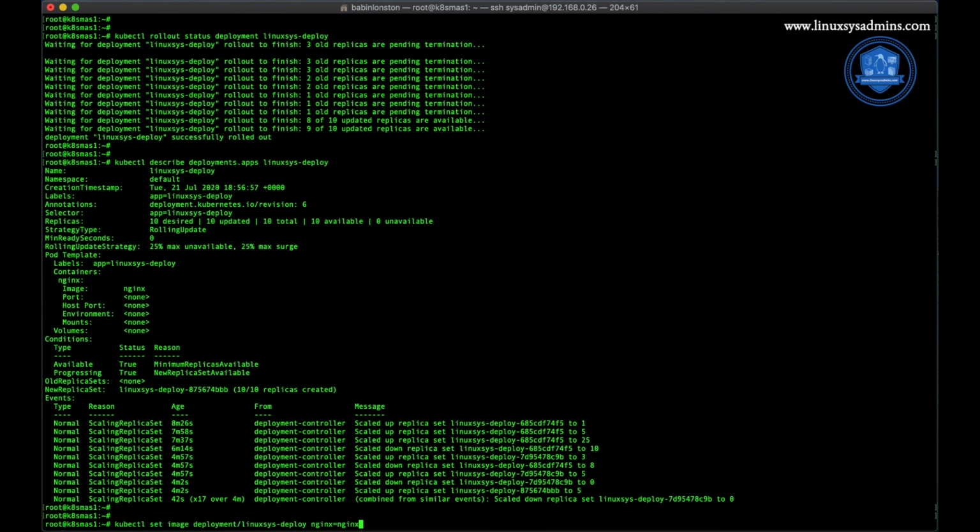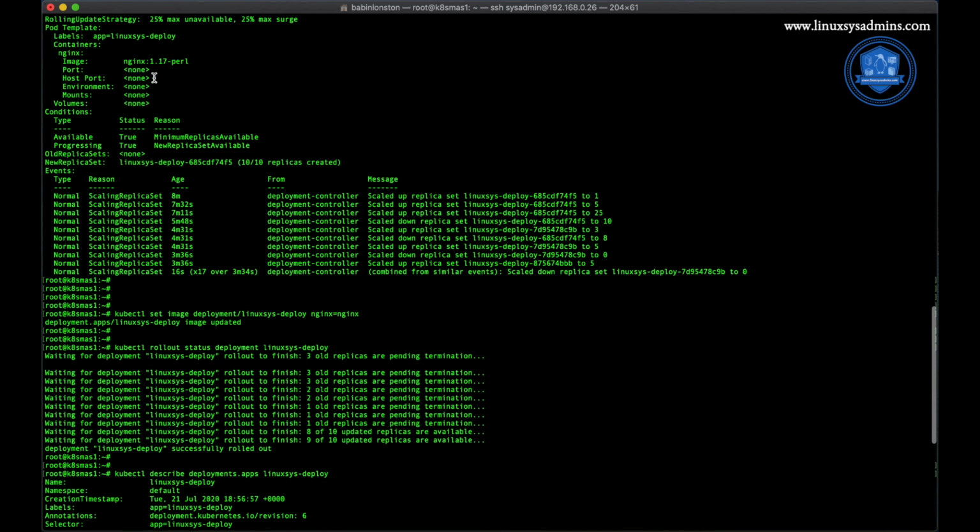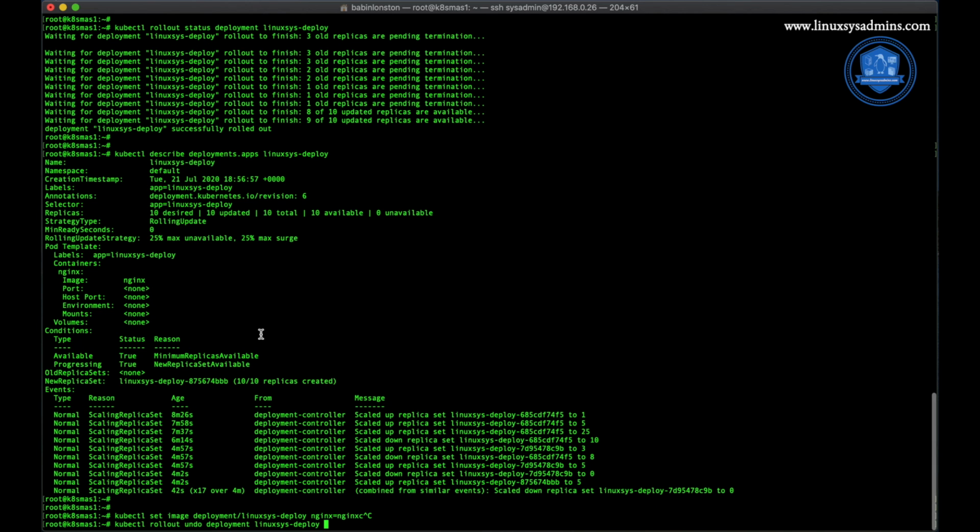Once again let me undo it. For undo, kubectl rollout undo deployment and the deployment name, so that now, from the latest version, I am going to move to the earlier version 1.17-perl.